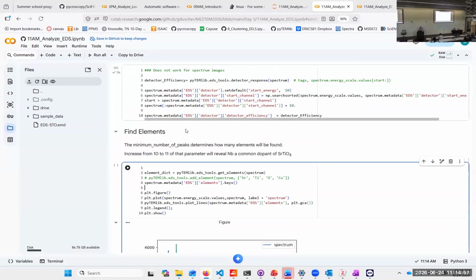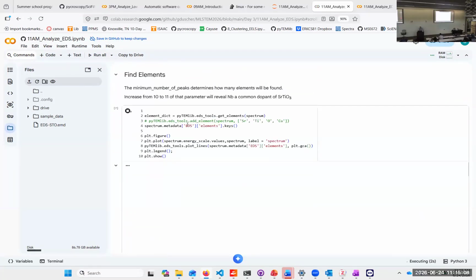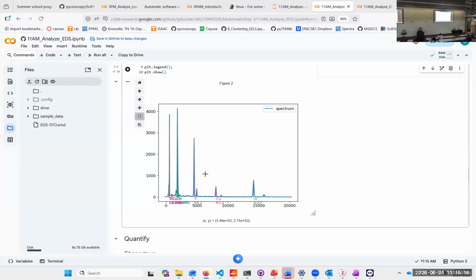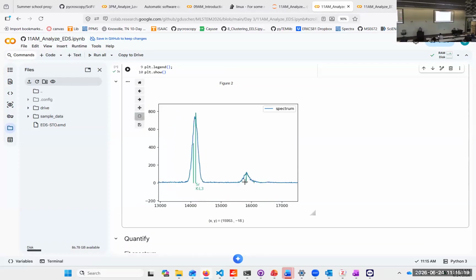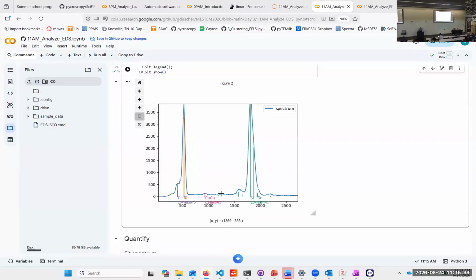So the next thing, we have a spectrum, and we want to detect what elements are in there. And all systems do that. And of course, I do it differently. But we can see, if we zoom in, these are the strontium edges, right? As the strontium peaks, we have two overlapping ones here, and we have one here. We have a nice mess in the lower energies, right? So we have a copper L edge, we have titanium here,